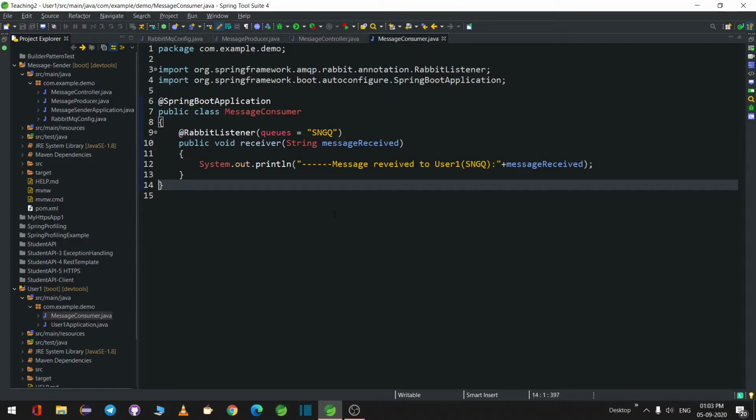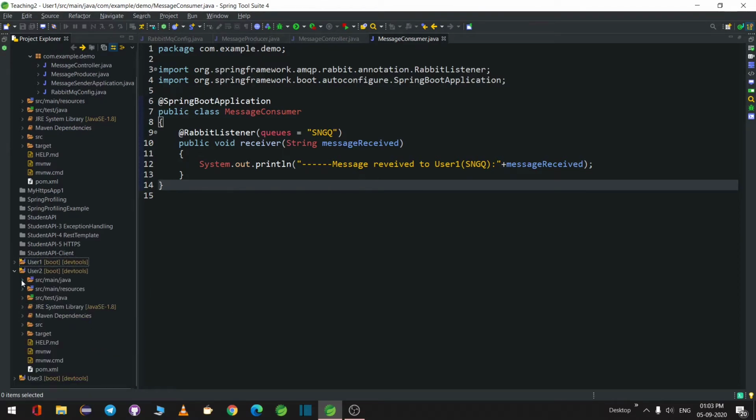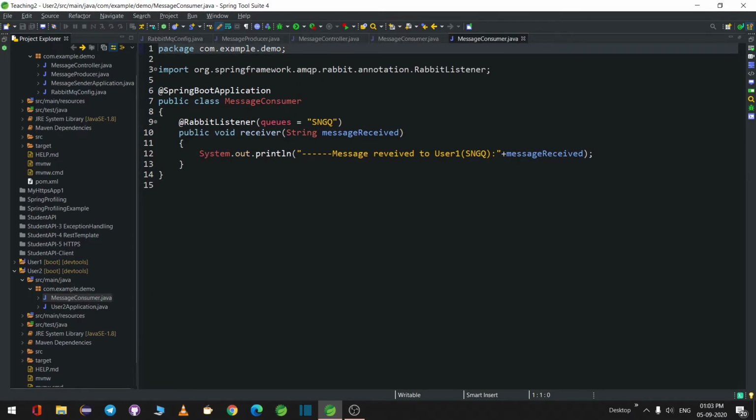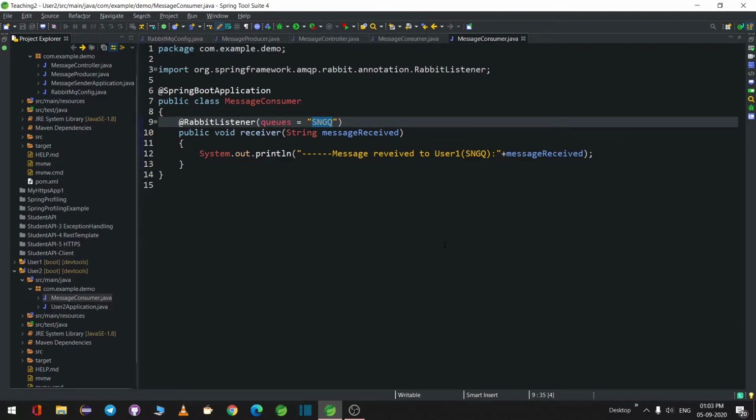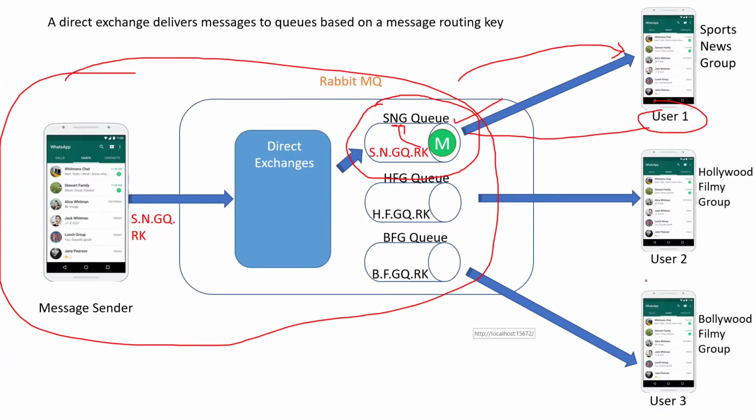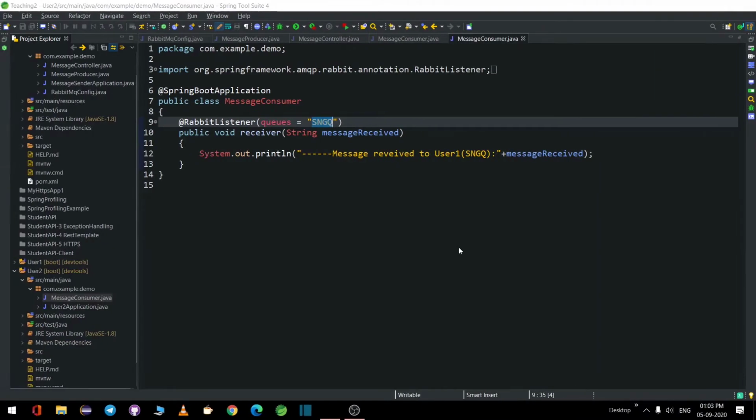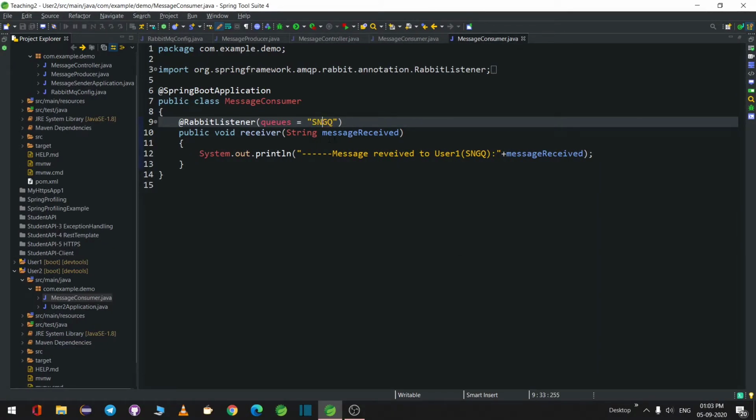Let us go ahead and write the same consumer in the other two users. I have written the same message consumer for user 2, which we have decided will use the Hollywood queue, HFGQ. Nothing else will be changing. This should be user 2, listening to HFGQ.